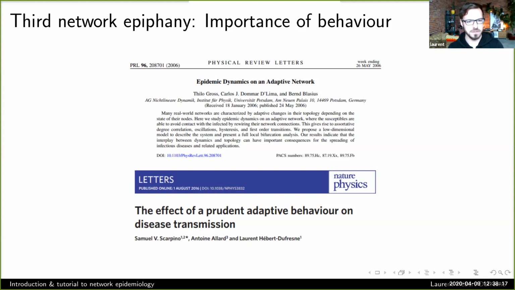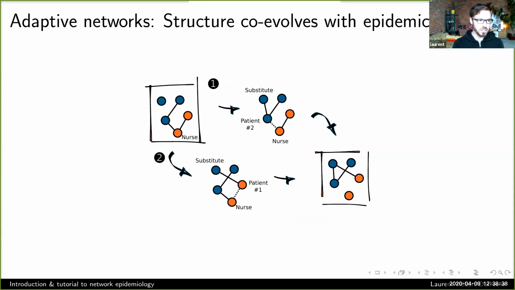My classic example is always, you go to the grocery store, you're creating a contact with the butcher who's going to prepare your steak. But if you see the butcher sneezing on the steak, you can choose to rewire that contact from an SI edge to an SS edge. And that doesn't affect my epidemic status right now, but it affects my number of contacts and their type. So in that last paper in 2015, we looked at something that I think is really relevant right now with COVID.